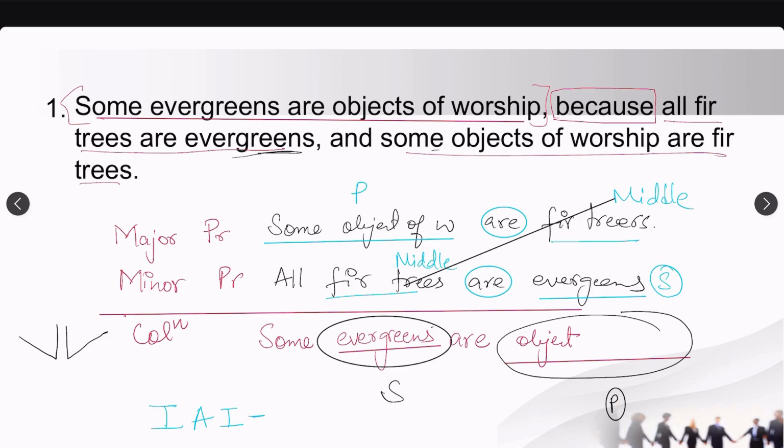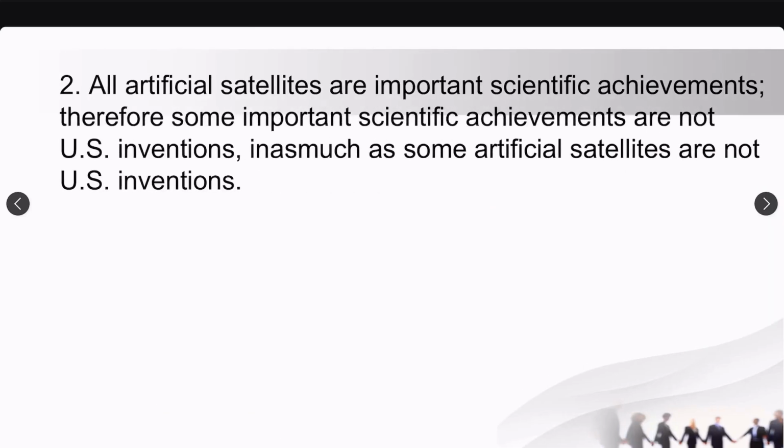So I can see this arrow, so this is going this way, so this is again your third figure. So this is I, and then, sorry, the fourth figure, not the third. So this is the third and this should be the fourth. So again this is I, fourth figure. Now let's move to the next example.